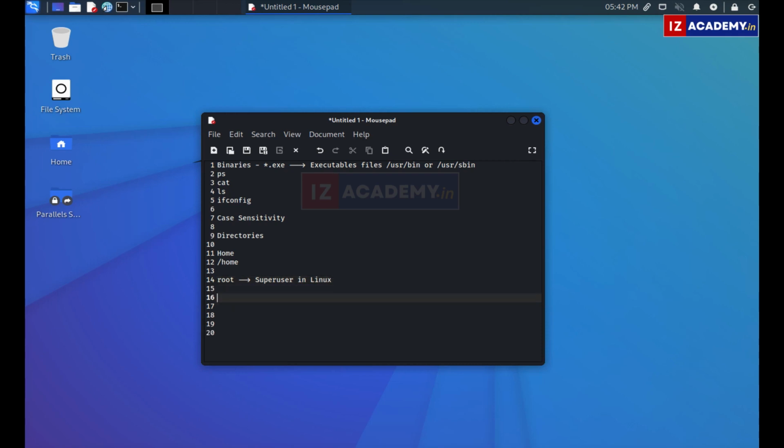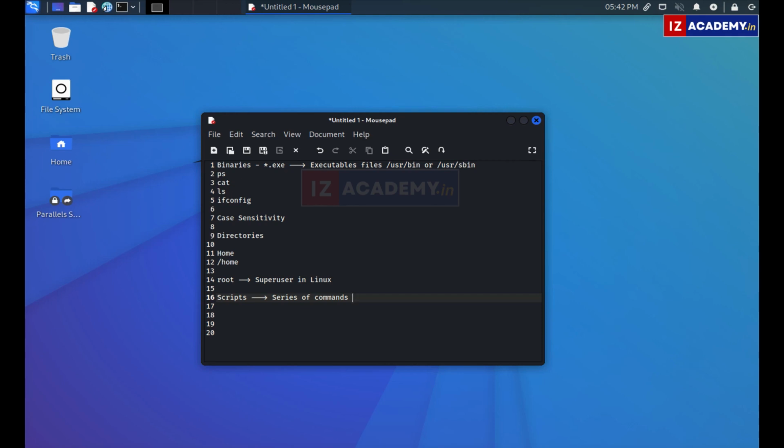And then, in hacking, we generally use a series of commands to run, and they are called scripts, which are nothing but series of commands that can run in the Linux environment, right?